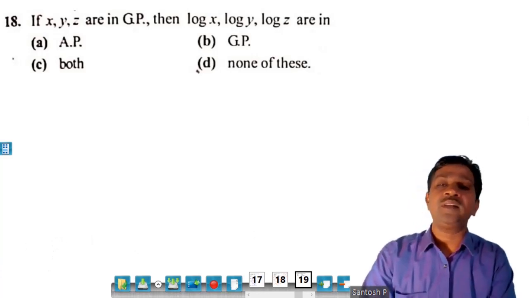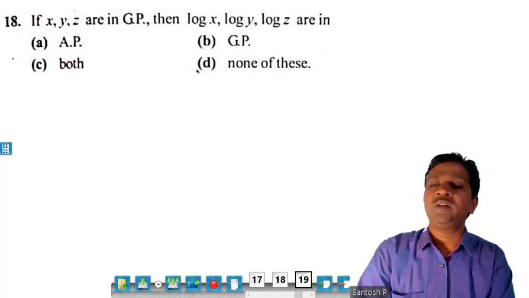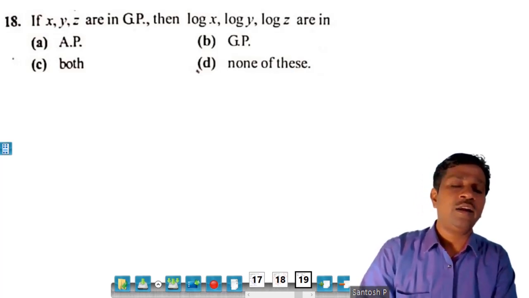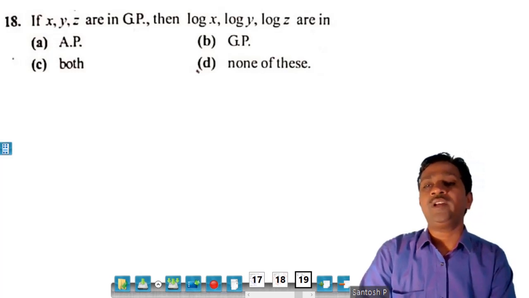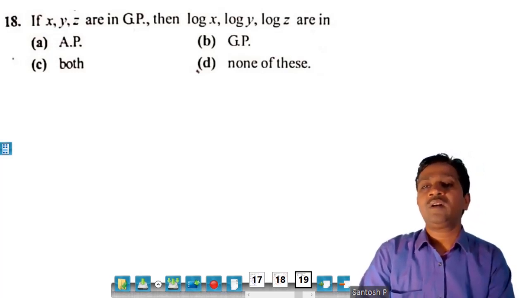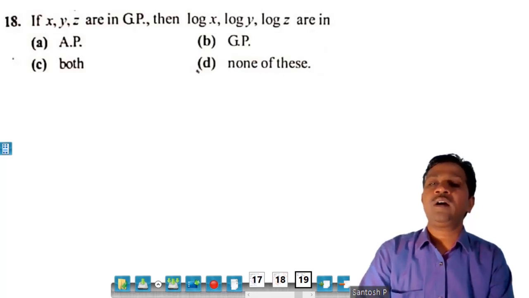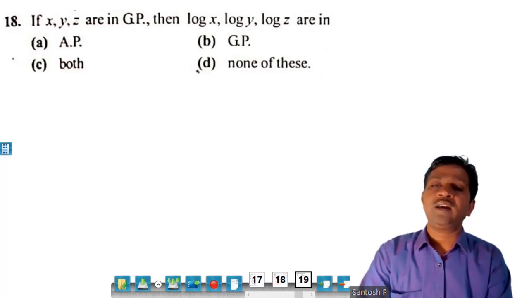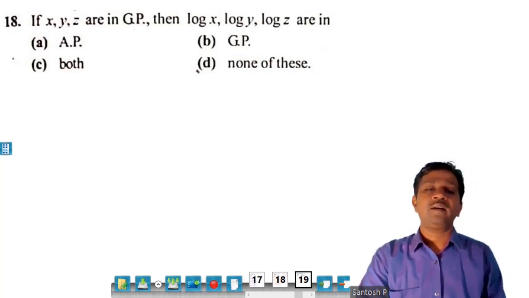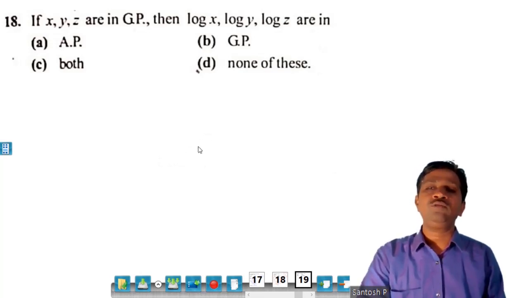Remember, students, that the questions in the CET examination and JEE examination need to be solved in less than 2 minutes. That means there must be some tricks, or the questions must be somewhat shorter, some simple questions. And if they seem difficult, then there must be some tricks, because the time is very less, and you have to solve those questions. Therefore the questions asked in JEE or CET are tricky questions, and so you must think of the tricks. In the next lecture we are going to see the tricks here.